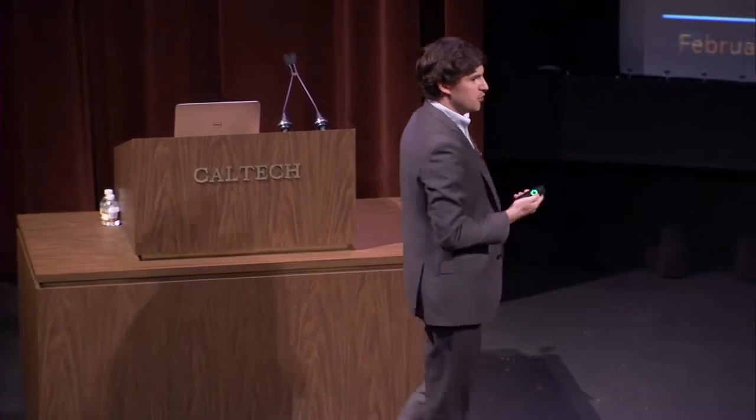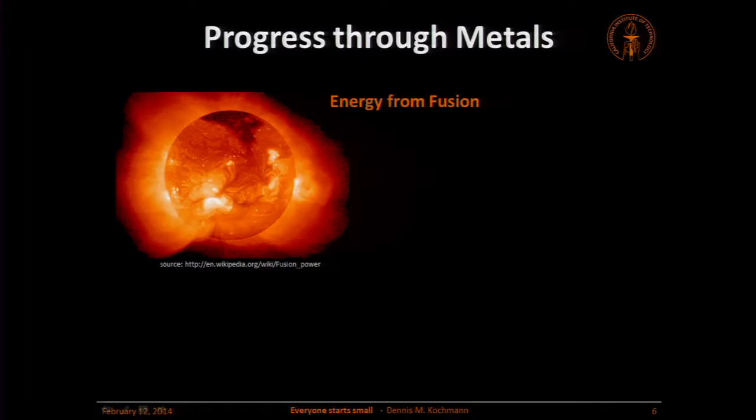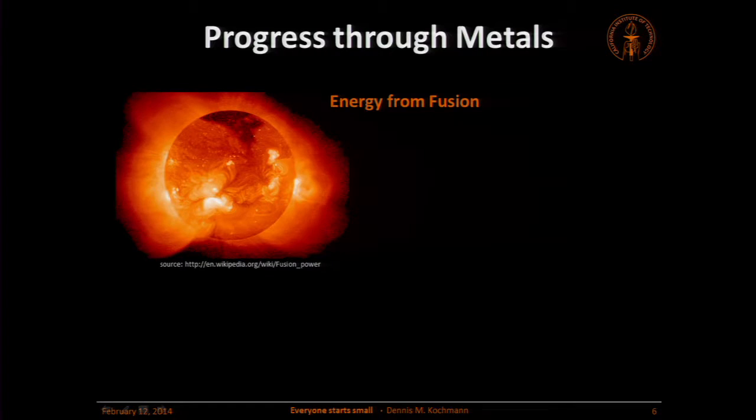And we still have these challenges nowadays. Fusion, energy from fusion is one example. If we could harness energy from fusion, we would solve extremely many problems on this planet. We cannot. But one of the reasons we cannot is quite simple, because we do not have materials that could contain this extremely hot and reactive mass that you have during fusion. We don't have materials to build reactors these can be contained in. Metals, of course, a good idea, but we clearly don't have one that meets the requirements.